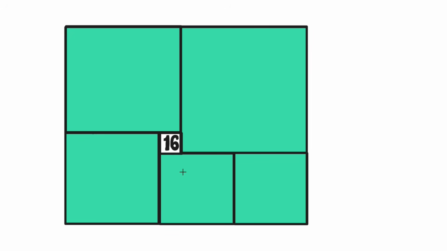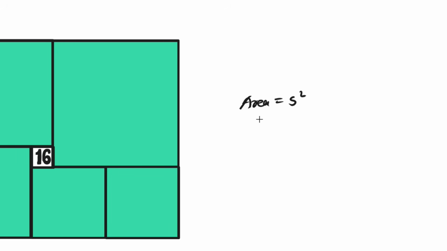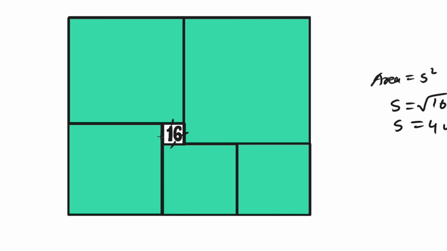So, let's begin with the shaded square, because that is the only numerical area given to us directly. Remember, the area of a square is found by taking its side length multiplied by itself, in other words, the side length squared. Since the area of our shaded square is 16 square units, its side length must be the square root of 16, which is 4 units. So, we now know that every side of this tiny shaded square is 4 units long. This 4 is going to be very important because we will use it repeatedly to connect the side lengths of